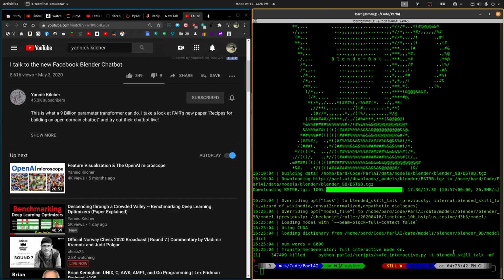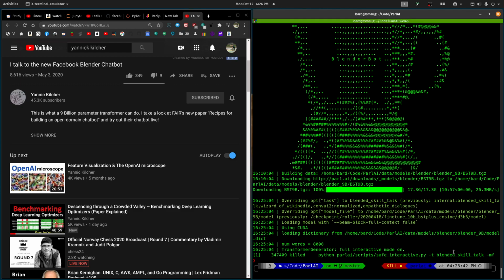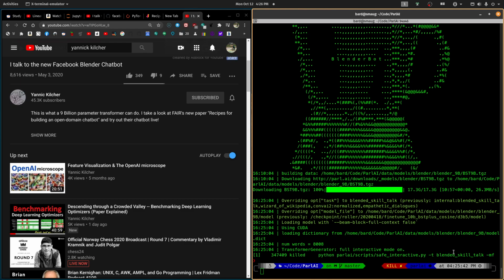Number of words, 8,008. That's a palindrome, that's always nice. I suppose that's the maximum number of words that it can interpret. So if we put in on our side of the conversation something longer than that, it probably can't do anything with it. Transformer generator, full interactive mode on, and now it's doing something and we don't know. Whatever it's doing, it's taking a while.